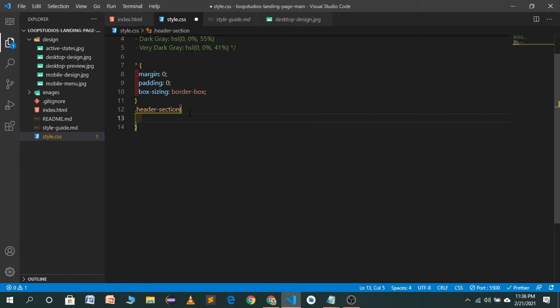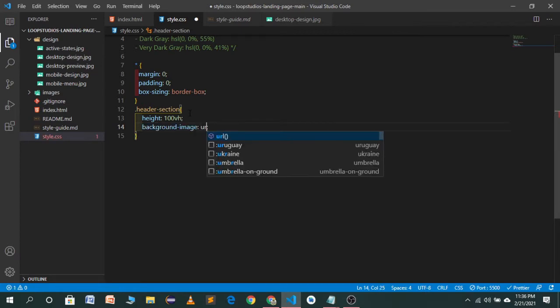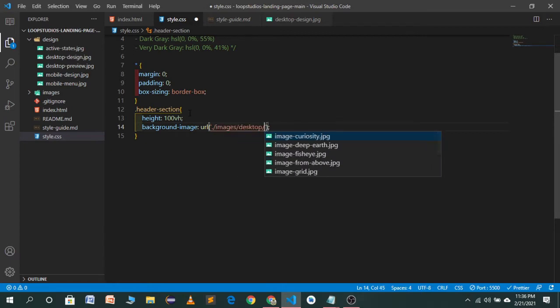First of all, I will give it a height of 100 viewport height because we want to cover the whole screen with our hero section, and the background image will be url, dot slash, I will go to my images folder, and in the desktop folder we have the image hero.